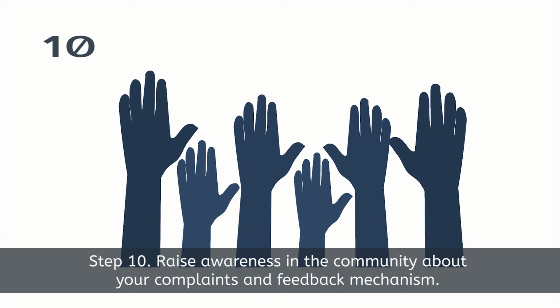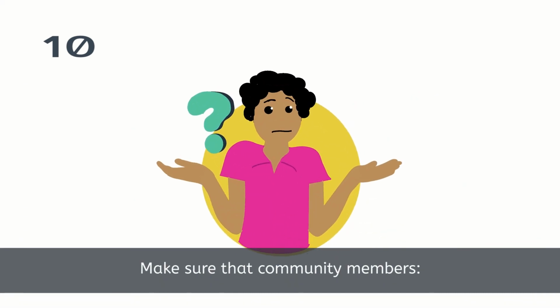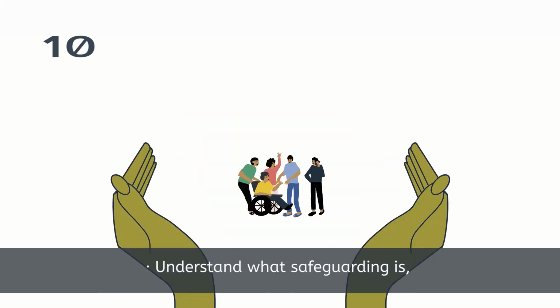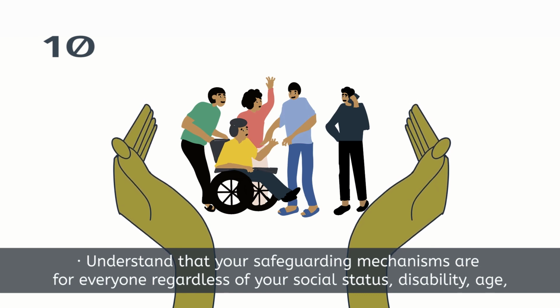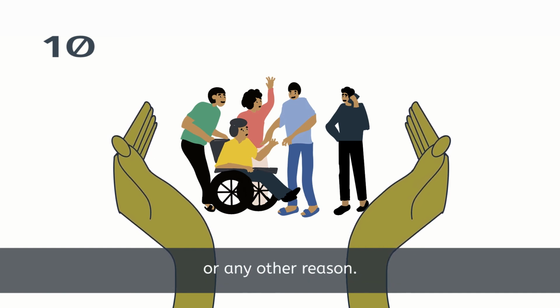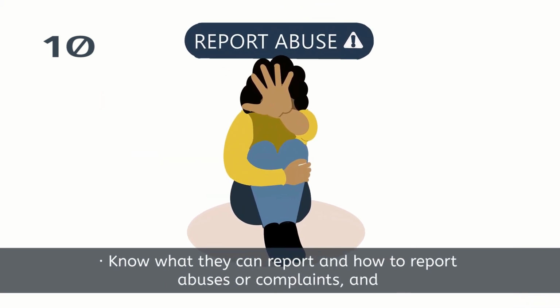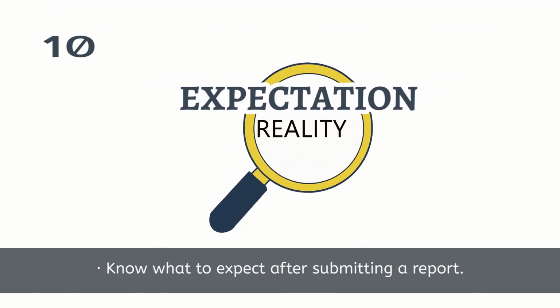Step 10. Raise awareness in the community about your complaints and feedback mechanism. Make sure that community members understand why it is important for your organization to hear their feedback and complaints. Understand what safeguarding is. Understand that your safeguarding mechanisms are for everyone, regardless of your social status, disability, age, or any other reason. Know what behavior to expect from your staff and associated staff. Know what they can report and how to report abuses or complaints, and know what to expect after submitting a